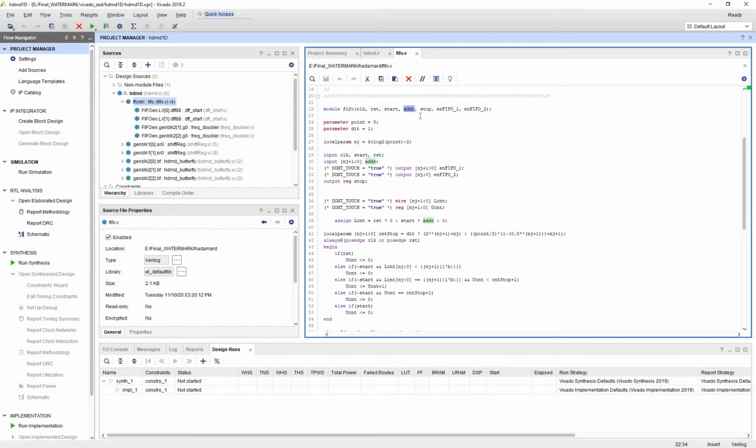Whether it is the zeroth sample, first sample or second sample, everything is defined in terms of this address signal. The stop is used to generate a stop signal even though the start becomes low after padding of zeros, where exactly it will stop the input ready. This nFIFO1 and nFIFO2 are used for the read enable and write enable of the FIFO and the butterfly.